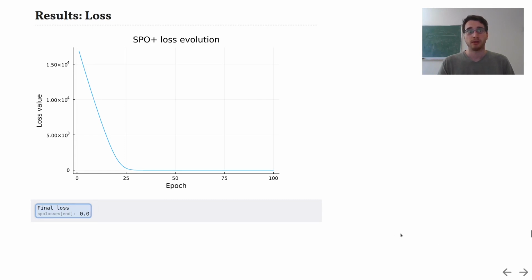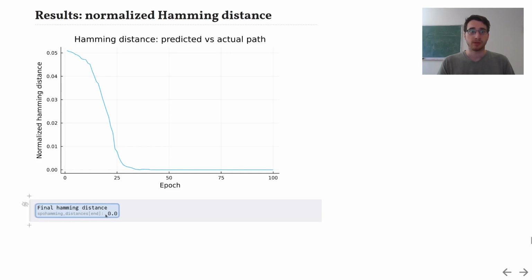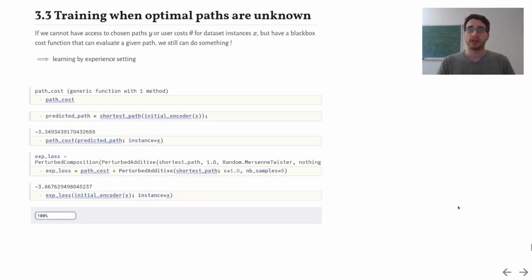And if we check the Hamming distance, we should also have a 0 metric, which is the case. So in this second part, we managed to leverage additional information to increase the performance of our model. And finally, in the third and last part of this tutorial,